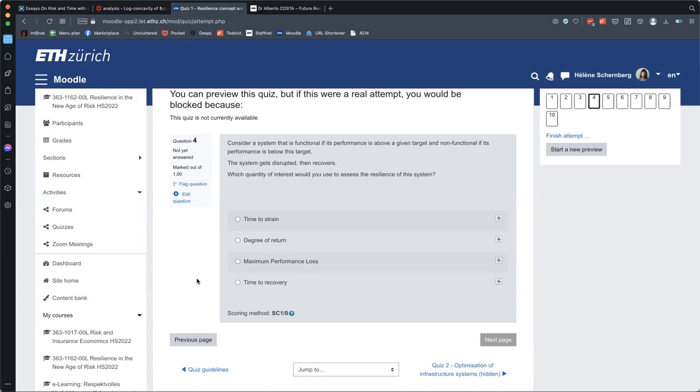And it's also not maximum performance loss, because of this binary character of the performance, the loss is either 1 or 0. You either lose complete performance or you don't lose performance. So maximum performance loss doesn't really say anything, because there are only two possible states of the system. Time to recovery is the only relevant option because it tells you how long that performance is lost, how long you're going to stay at performance 0, because the degradation and the recovery are both instantaneous.